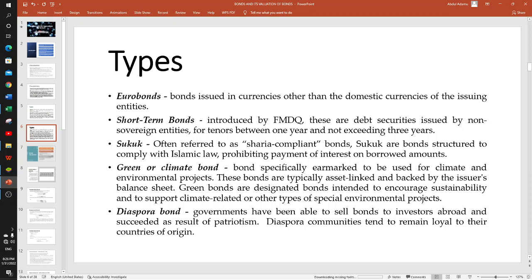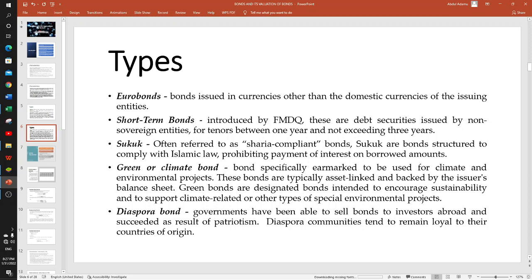Then we have short-term bonds. This is a phenomenon introduced by FMDQ recently. They are debt securities issued by a non-sovereign entity whose tenure, the period, is 1 year and not exceeding 3 years. Then we have sukuk bonds, for those who are concerned about faith. This takes care of the issue of interest. They are called Sharia-compliant bonds, structured to comply with Islamic law, which prohibits payment of interest on